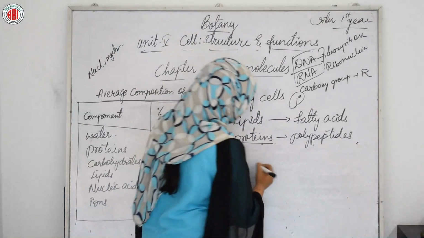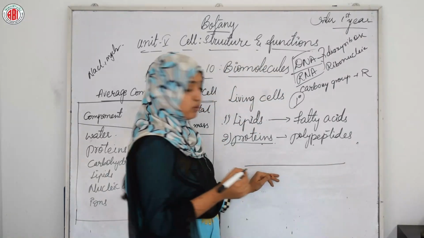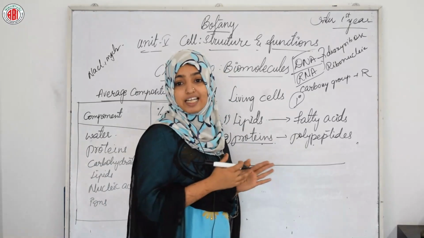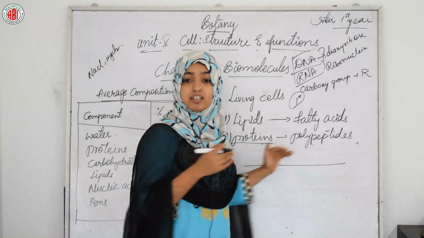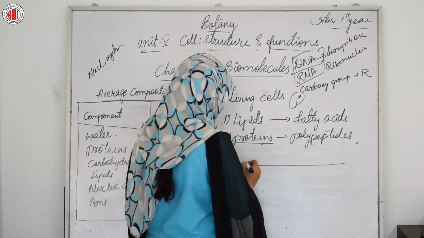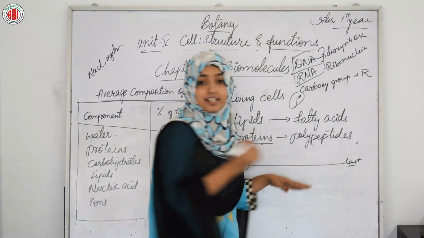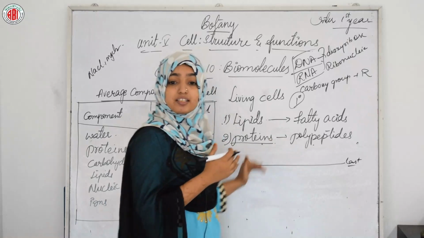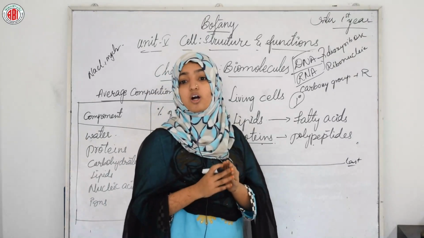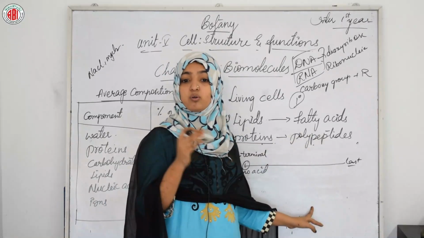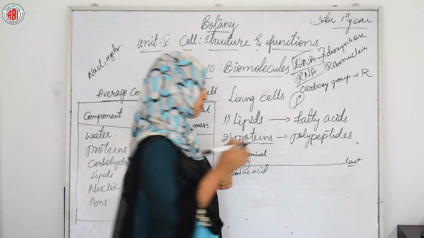So just suppose this line is a chain of amino acids or a protein, just imagine. The left end here is represented by the first amino acid. So this will be the first amino acid and this will be the last amino acid. The right end will be the last amino acid, and this first amino acid is also called the N-terminal amino acid, and the last amino acid is called the C-terminal amino acid.